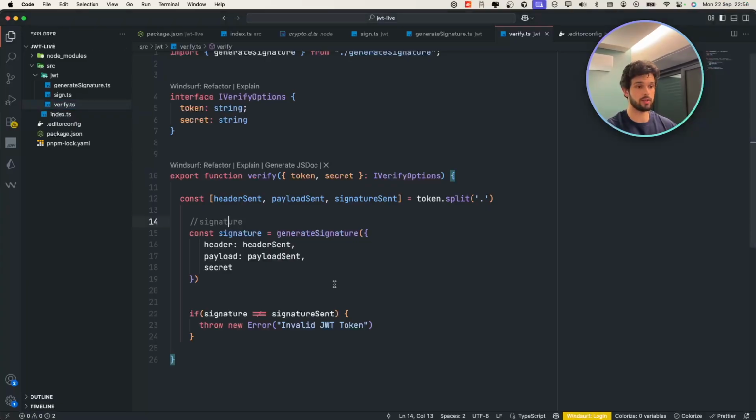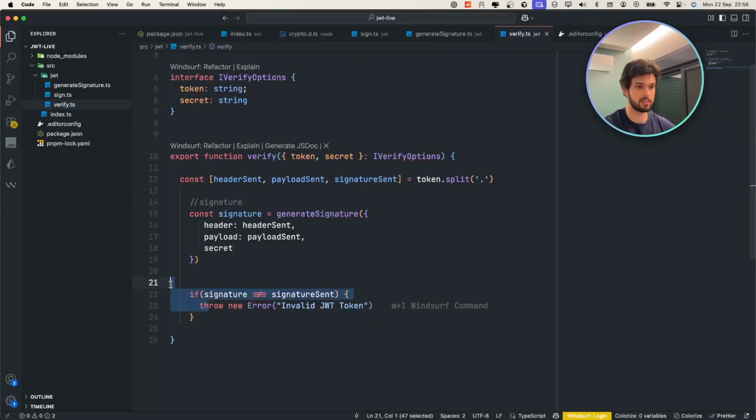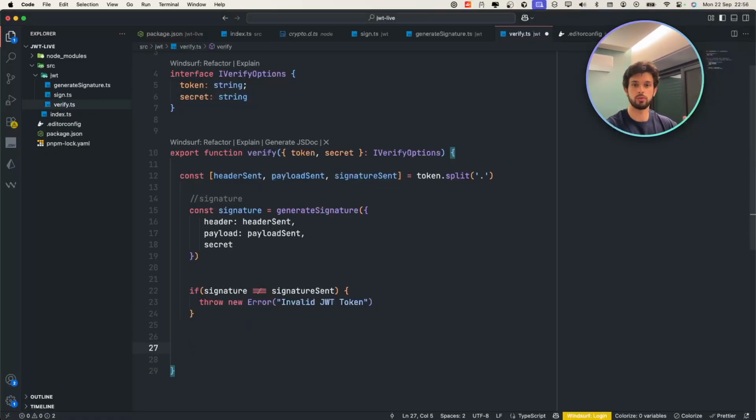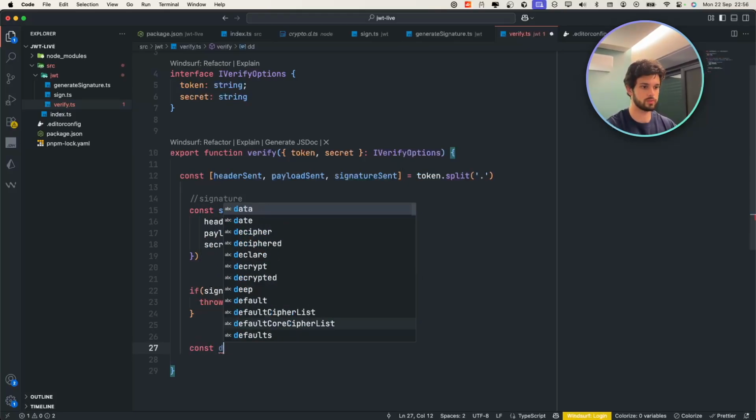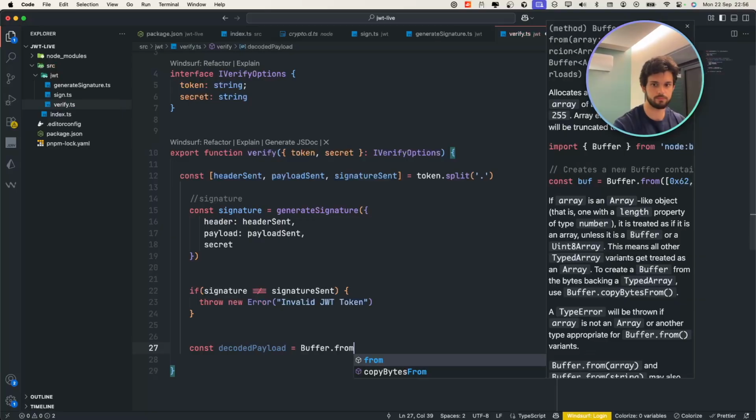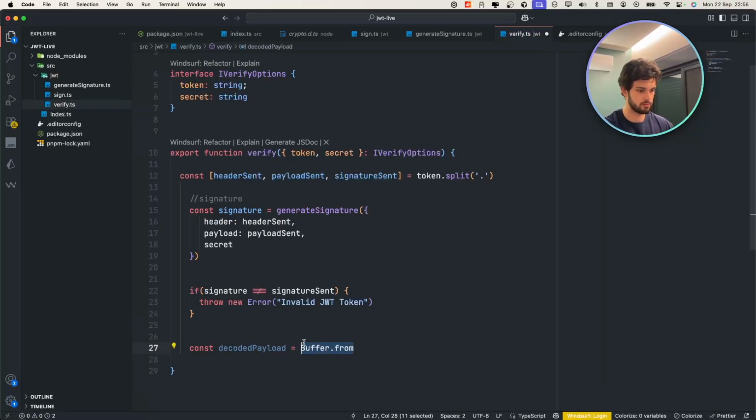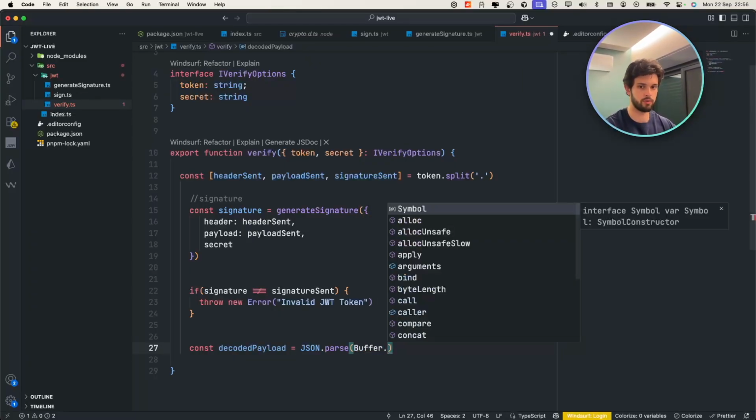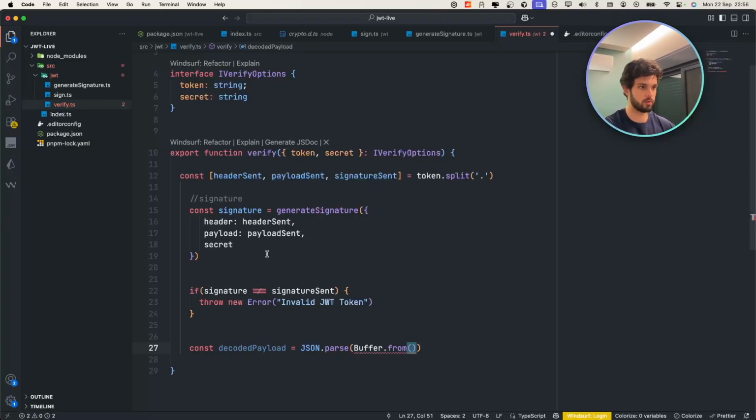Another thing that we can actually do, besides checking that, is check if the date has expired or not. And to do that, we need to actually convert that payload back again. So we're just gonna do const decoded payload. So we encoded that, so now we need to decode it. And basically what we need to do is use the buffer again, and using the buffer, we need to use the JSON.parse, and then inside here we will be using the Buffer.from, and this Buffer.from will be using the payload sent, and